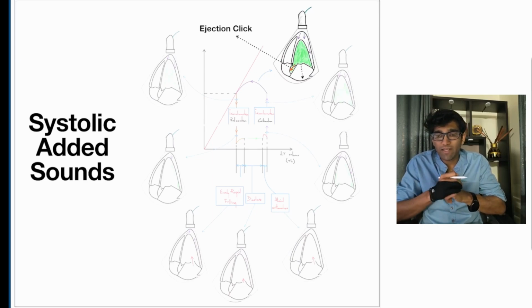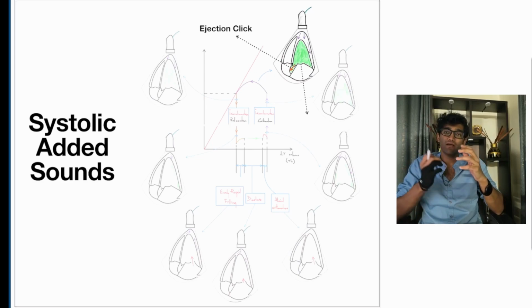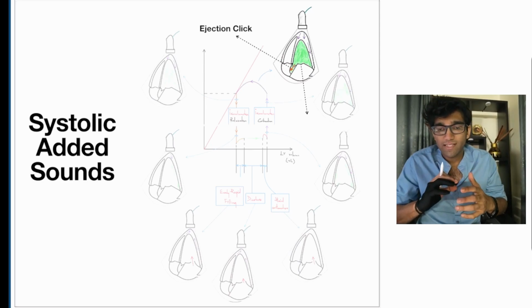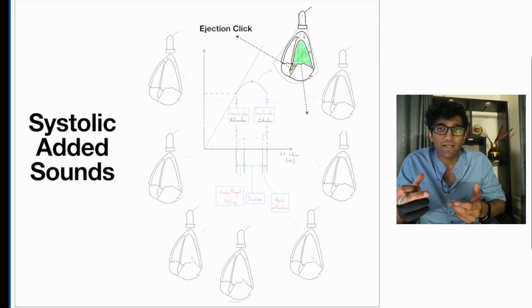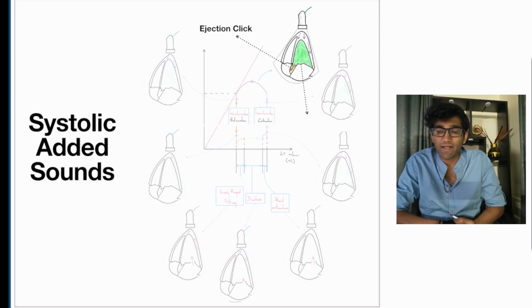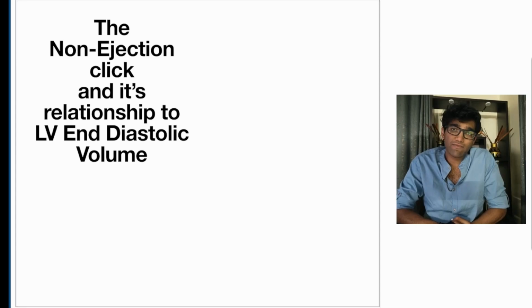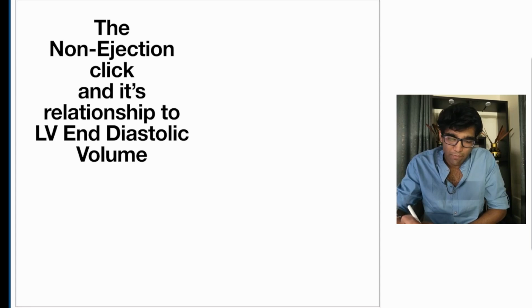The other sound that you can get is a sound arising when there is a prolapse of the mitral leaflet. Okay, so this sound is then what is called a non-ejection click, because it is also a clicking sound, and it is obviously not from the ejection of blood into the aorta. So this is called a non-ejection click. Okay, so the interesting thing about the non-ejection click versus the ejection click is that it has a very interesting, almost counterintuitive relationship to diastolic LV and diastolic volume. So what happens is, in patients who have